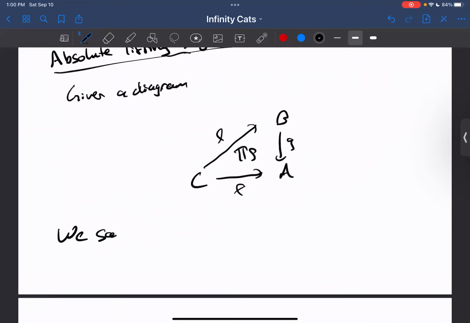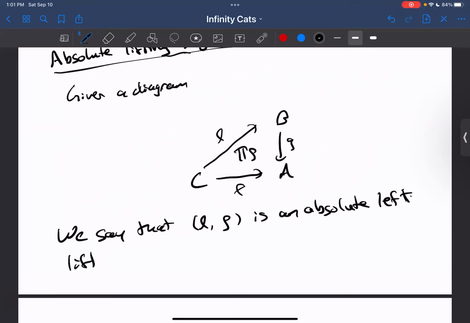We say that L, rho is an absolute left lifting of F through G